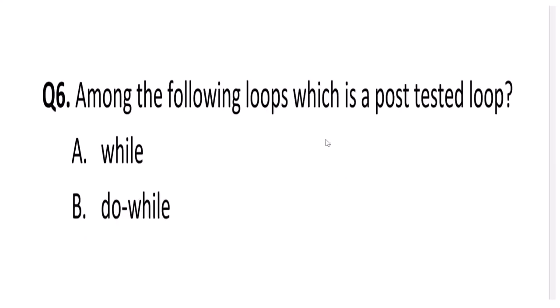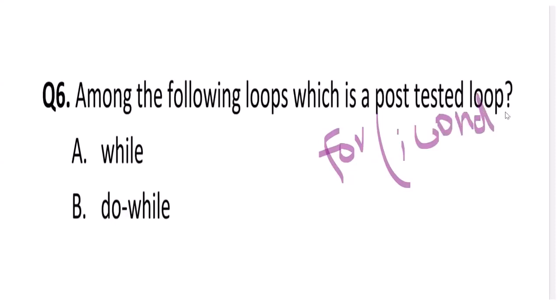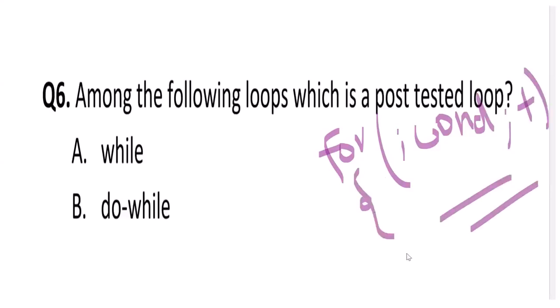If you see a for loop, the syntax is like this: here the increment happens first and then the semicolon, here the condition is there, right? Sorry, I can't make that good writing here. Condition is there, and then we have plus plus or minus minus, whatever. And then after this, there is some execution. So what we learned is that execution happens after the condition is checked, whether a certain condition is matching or not.